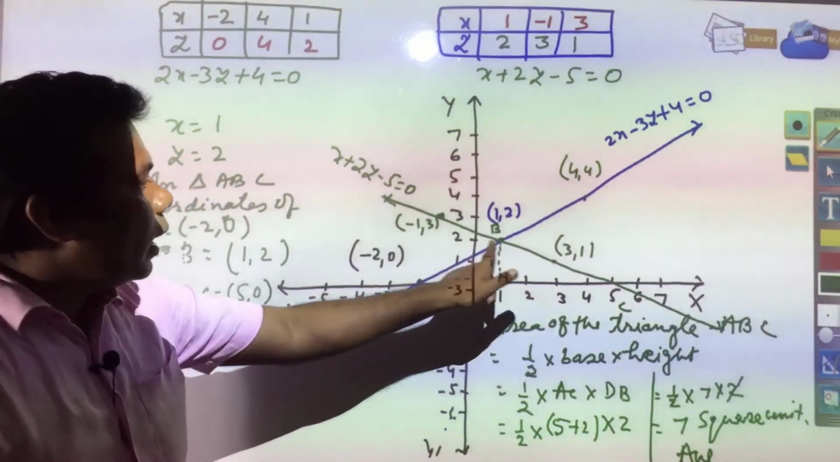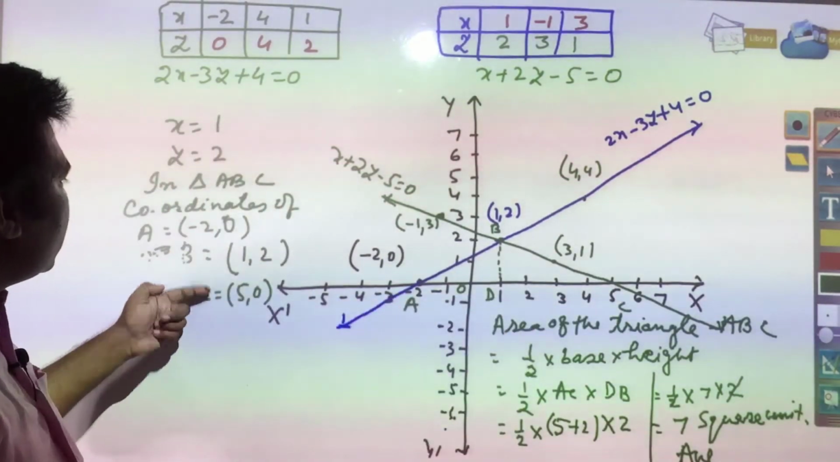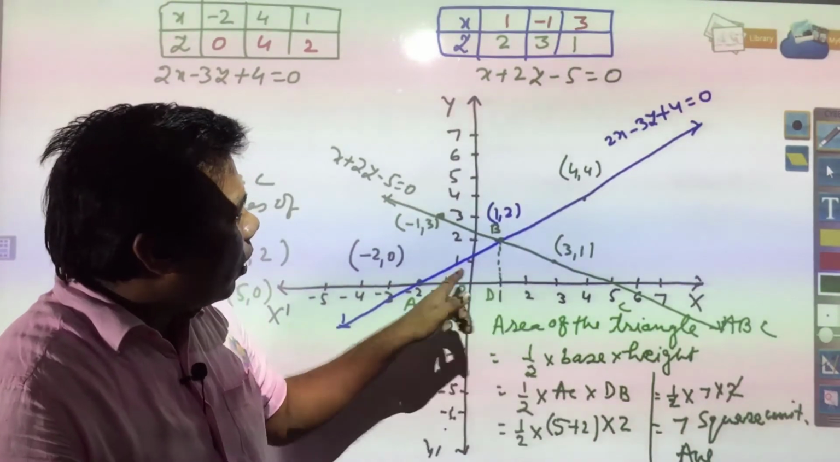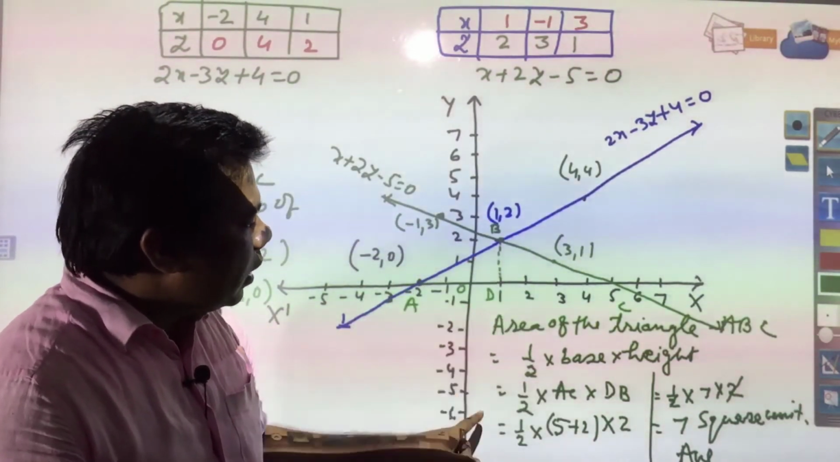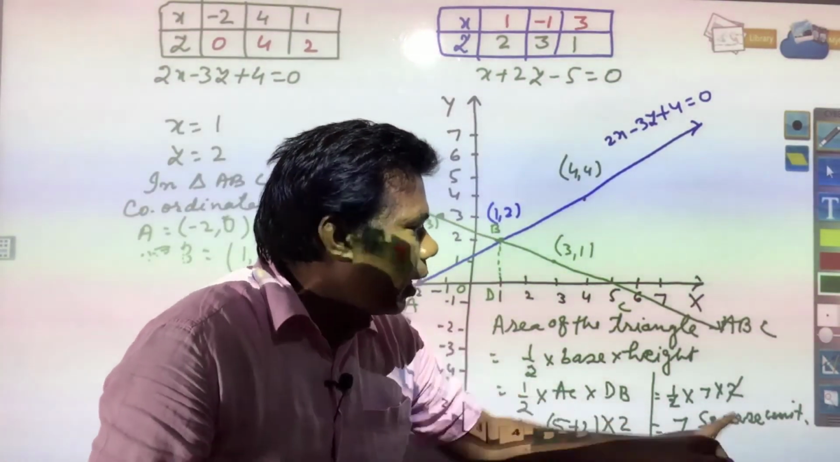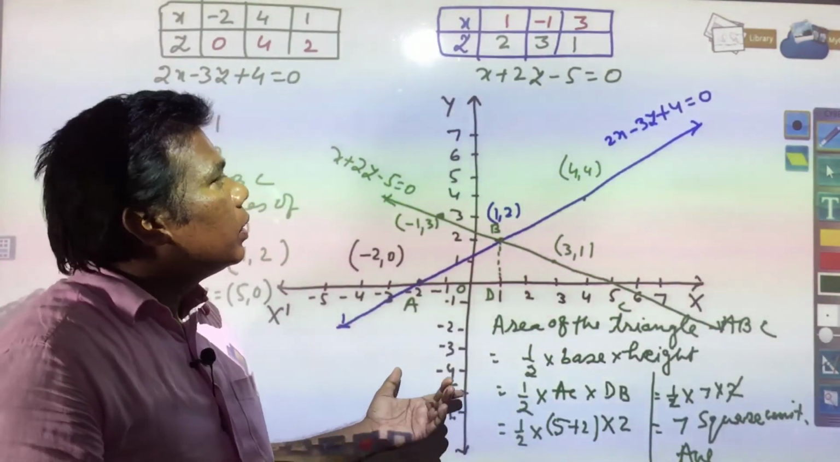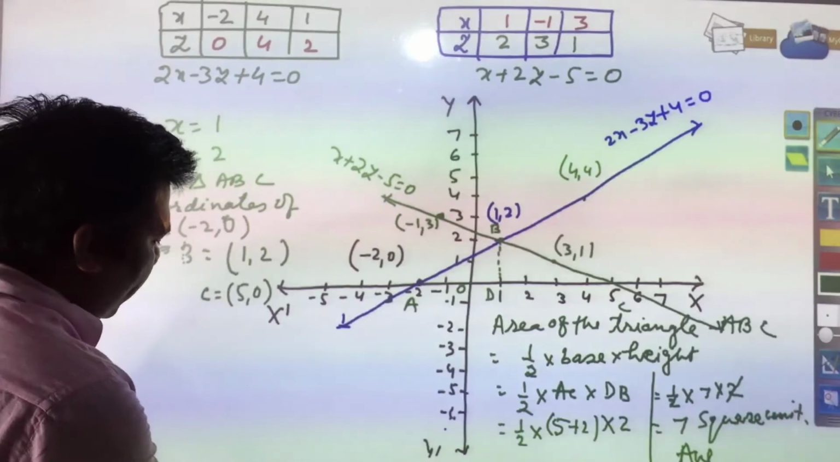Vertices you have shown, and you have written the coordinates of vertices -2 0, 1 2 and 5 0, and finally, you have got the area of the triangle, and that is 7 square unit. So, in this way, this type of questions are required to be solved. Next, we will see,